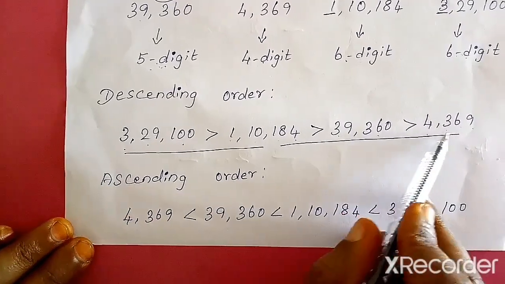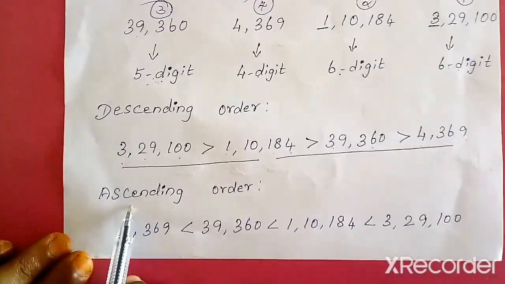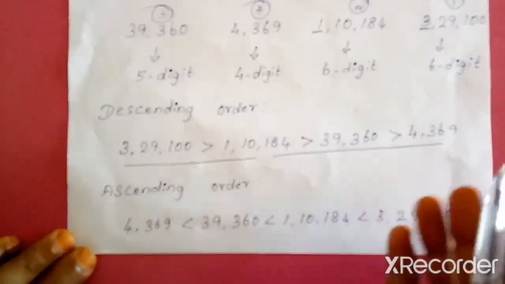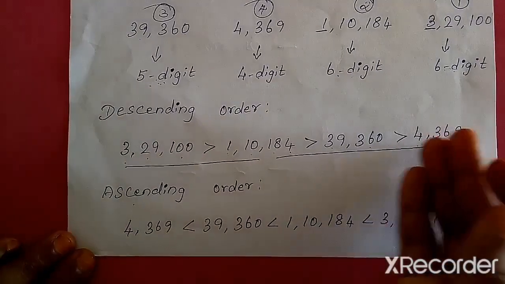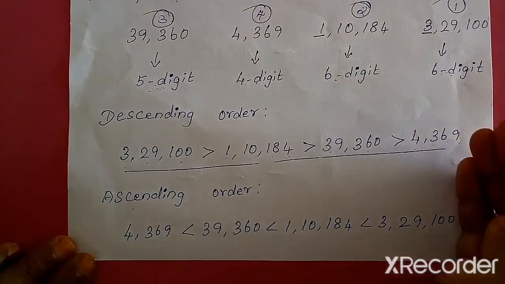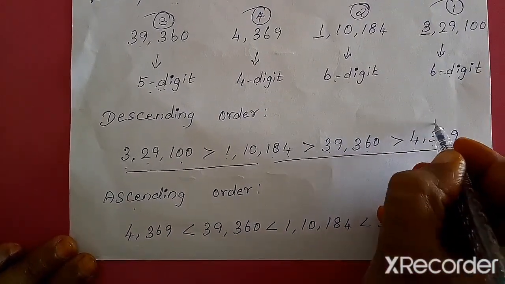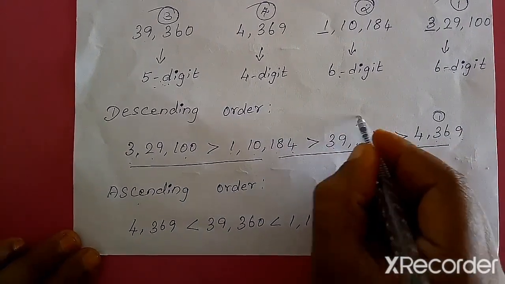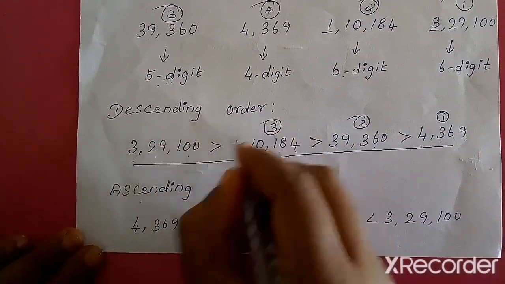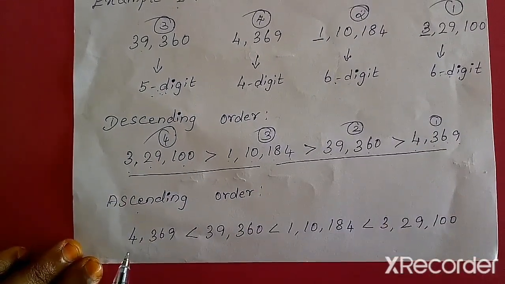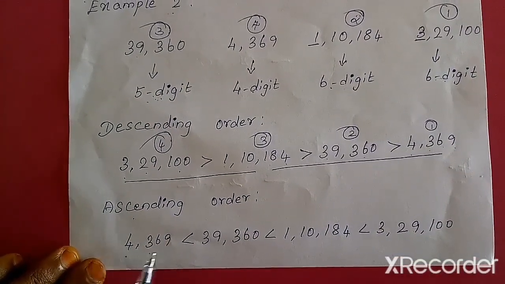Now the same set of numbers I have to arrange in ascending order. That means smaller value to greater value. As I said, because these are already arranged in descending order, you can start from right to left, because this will be the smallest number, right? So this is the first smallest number, second will be this, third one will be this and the fourth one will be this. So after I finish, I get like this: 4,369